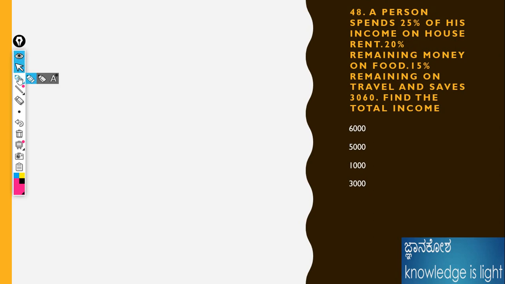Okay, the person spent 25% of his income. Okay, I will take directly initial and final. 1 by 4 means, minus initial, or written final, spend of his income on house. How much? 1 by 4 means 4 by 3, fine, as well as 20% of his remaining on food. Okay, 20% means 1 by 5, that means minus, 5 by 4 is coming now. Okay, remaining on travel 15%.